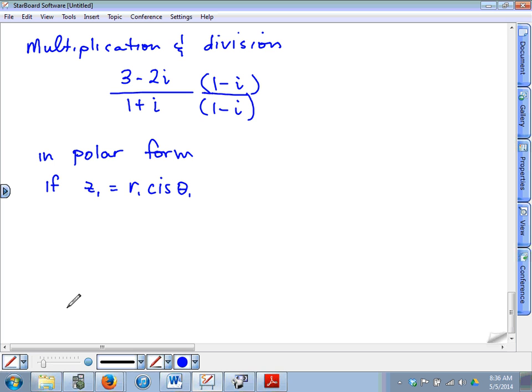So there's our first complex number, z1. And z2 is r2 CIS theta 2. So there's the second complex number in polar form. Then z1 times z2